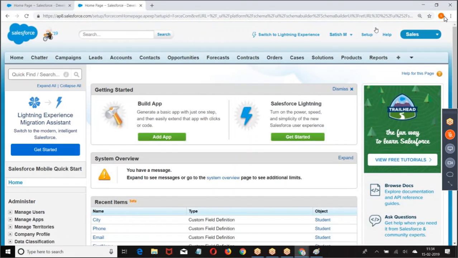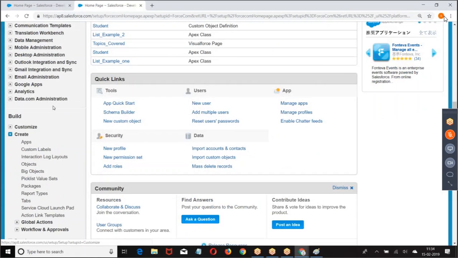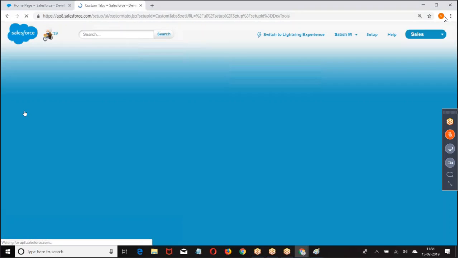Create a tab for it. Now, create a tab for it. Setup. Create tab.